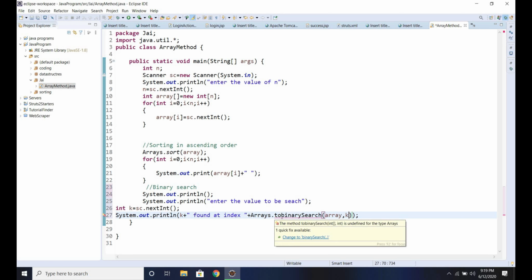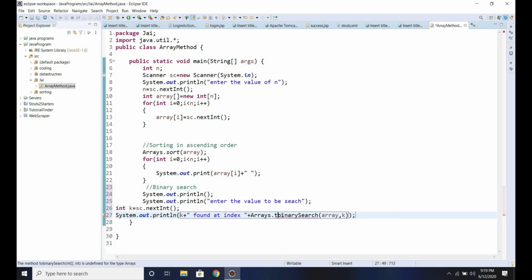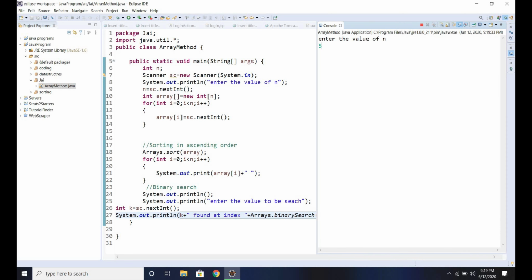Okay, so these two we need to remove. Okay, it's fine now. So now run the program, and the value will be 5. Okay, so this is asking for the value to be searched. I'm giving 4. So 4 found at index 2, as array starts from index 0. So 4 will be found at index 2.